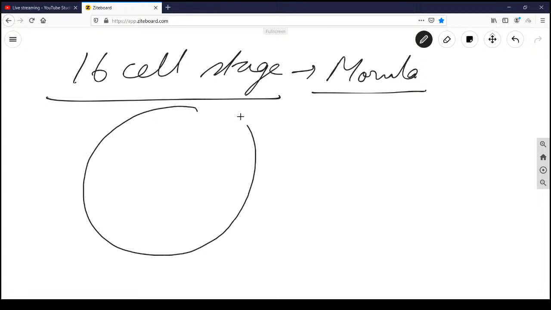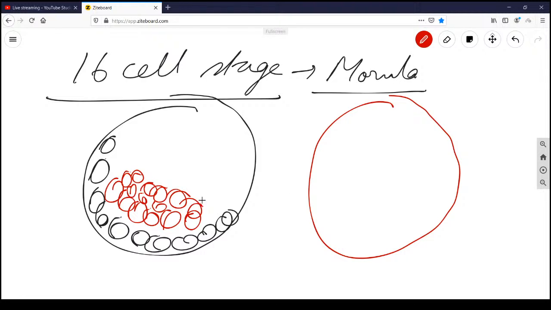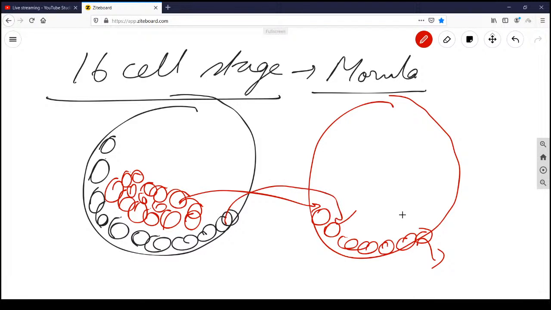Suppose here you have this one as the trophoblast, and this one is the inner cell mass, non-polar. If you transplant these cells onto the outer side of the embryo, they may become trophoblast, and if you transplant them inside, they may become inner cell mass. But only till the 16 cell stage, that's a great amazing thing, because by